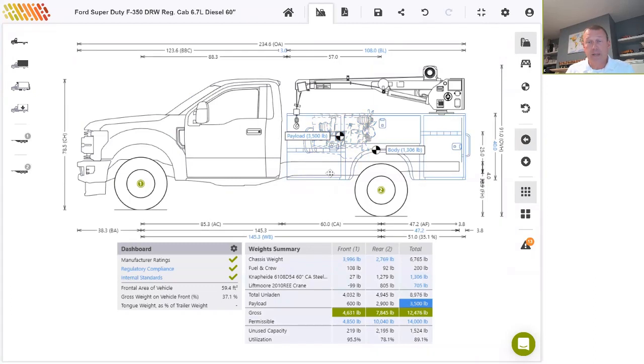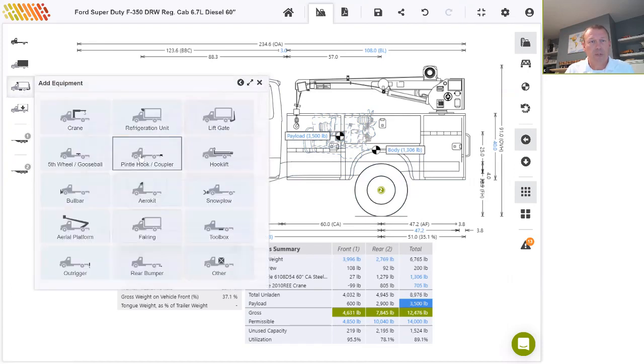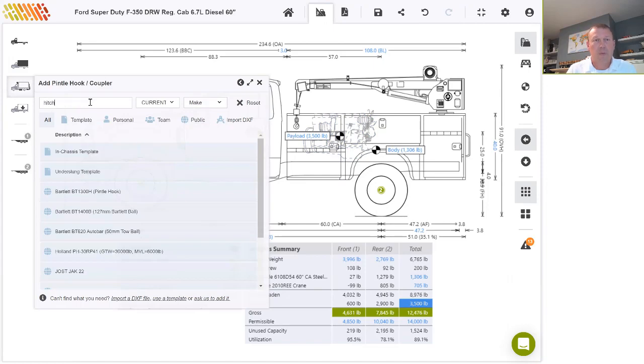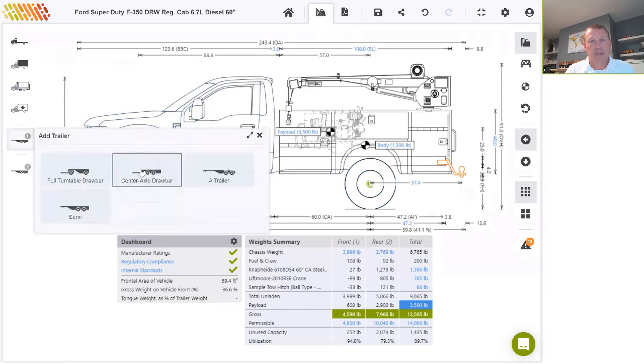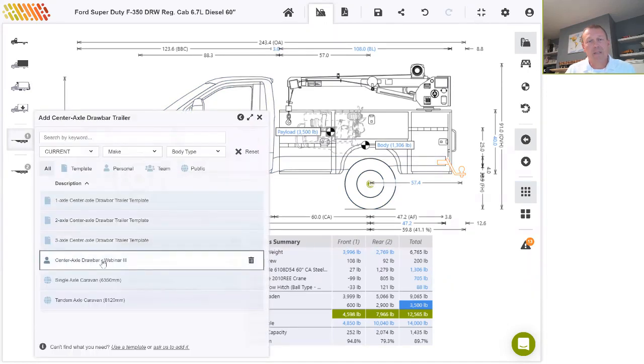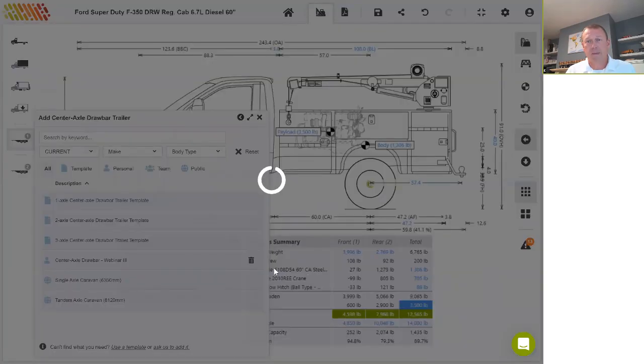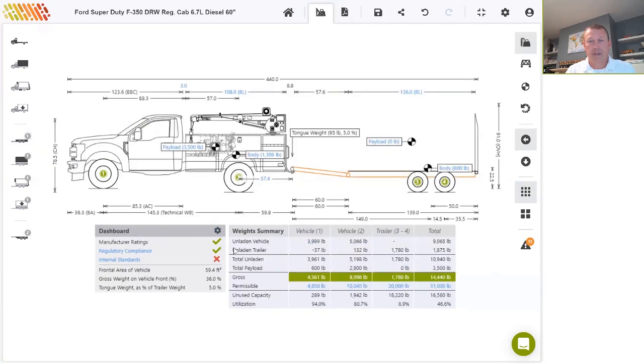So now let's add a trailer to the combination. I'll just need to add a hitch first. And I'll put that on like so, and then I'll select a center axle drawbar trailer, and I'll select one that I've saved to my personal library beforehand, just for the purposes of this webinar, just to save a bit of time clicking it together. But this trailer was constructed using our templates. So I'll add that in there, and